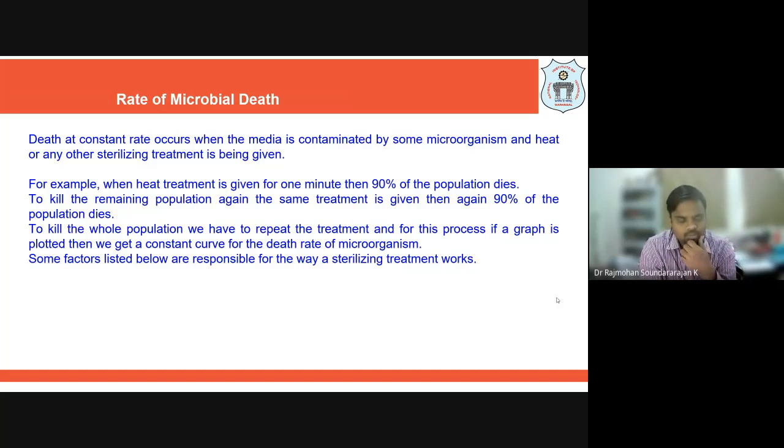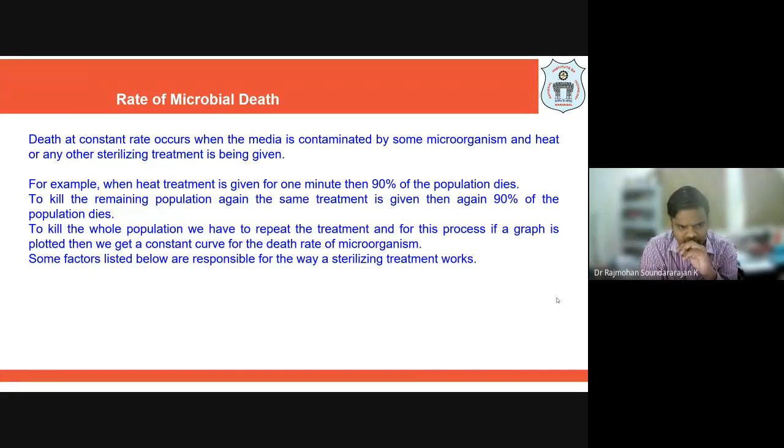How much time we have to spend in sterilization, because it is never possible to get 100% sterilization. Somebody may say 100% sterile, but it is not possible at all. You cannot kill all the microorganisms present in the system, because some of them are thermophilic. What we are doing is thermal treatment to kill them, right? What if it is thermophilic? If it is very active at the temperature of sterilization, that is not going to die, right? So that is the thing we should know when we talk about the rate of microbial death.